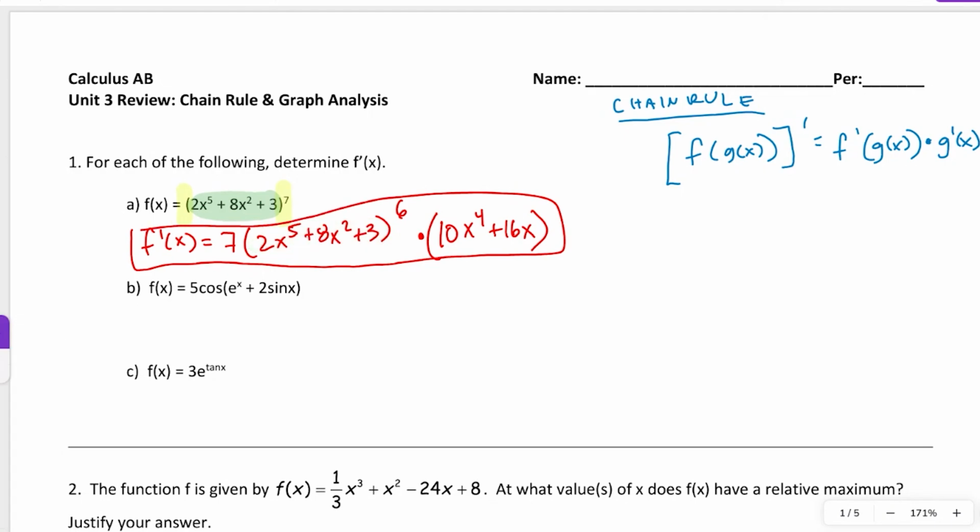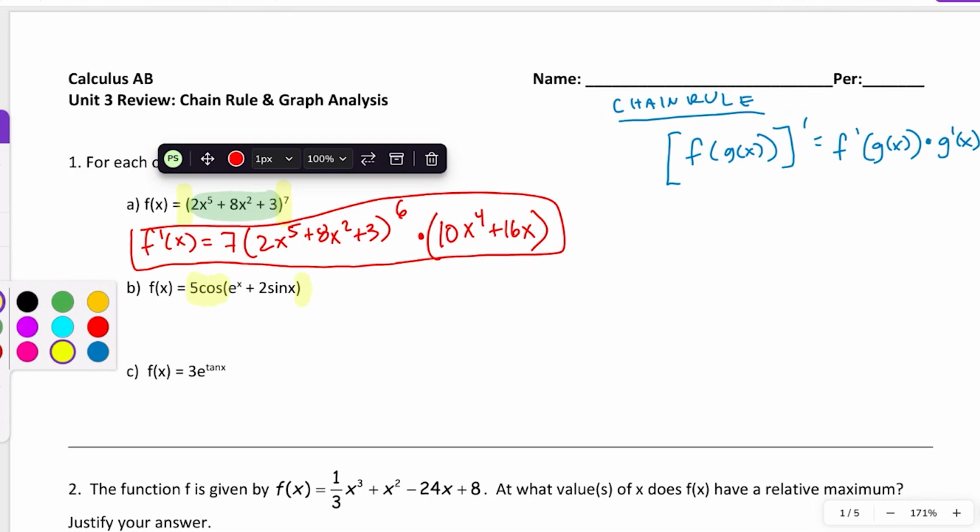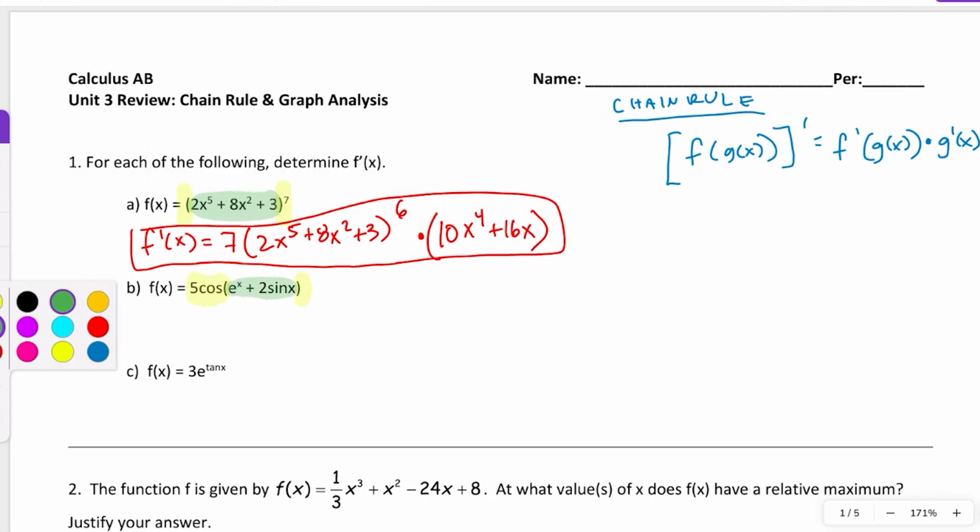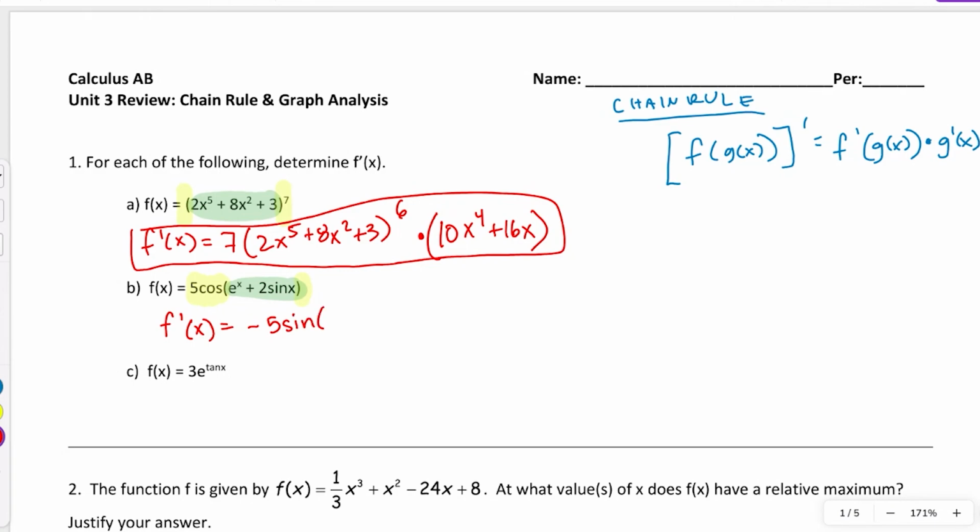Letter B looks like we're going to have one outside, one inside function for this one. Our outside function is going to be 5 times cosine something, and my inside function is going to be e to the x plus 2 sine x. So we'll use the chain rule here, first by differentiating that 5 cosine x, which would be negative 5 sine of all that stuff that's inside the parentheses, e to the x plus 2 sine x,